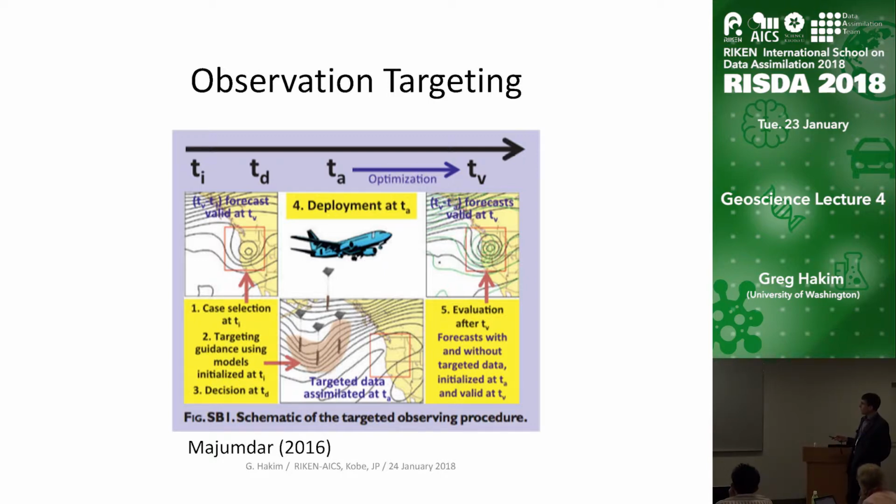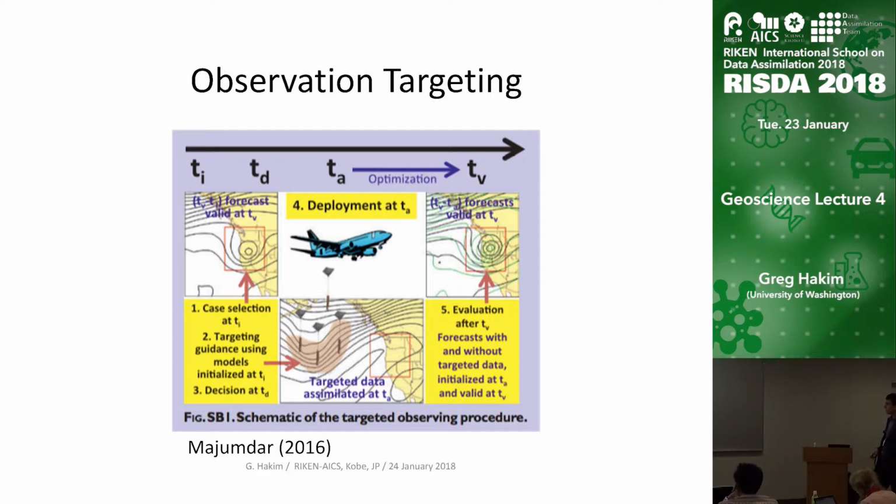We had some initial time and some forecast time we were interested in, and we would calculate where in a day or so the biggest sources of error would be, when we were going to simulate those observations that would affect that forecast that we care about. So we have a lead time to get on the plane and fly somewhere and gather the information. So there is a deployment, and then when we get to the analysis time, we have the measurements from the airplane, we assimilate them,